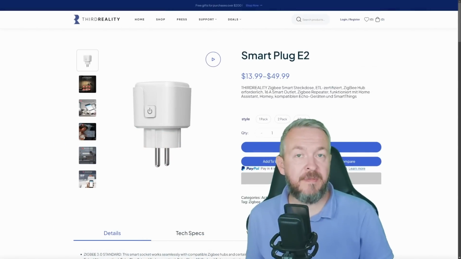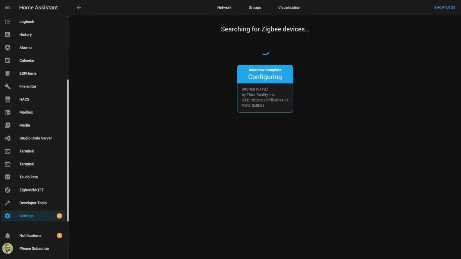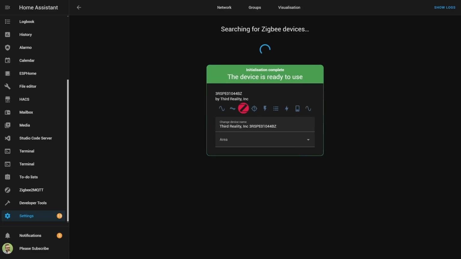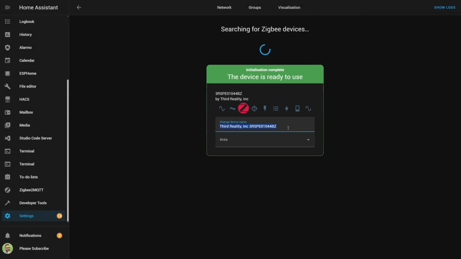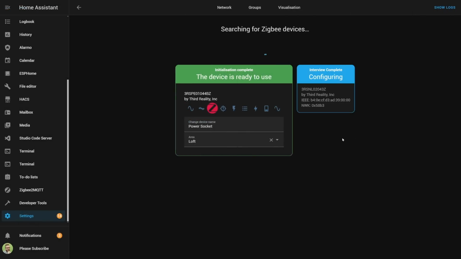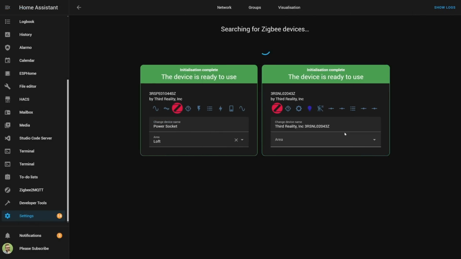If we add these devices inside ZHA, and the procedure is the same as always, you will get everything that a smart plug should have. As I said, everything to control it, everything to update it, to see the state of the LQI or the signal quality, but of course also to monitor your power. If you add the multifunctional light, you will get even more data. As I mentioned, you will get the state of the motion sensor, state of the light, color of the light,